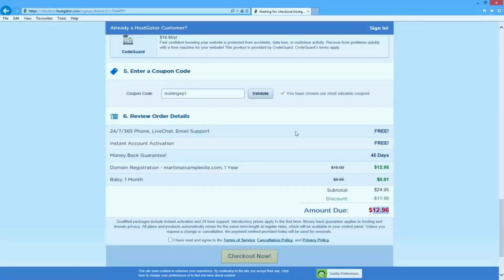I do also just want to draw your attention over here to show that you also get access to their 24/7 phone, live chat and email support, which is great if you run into any problems, and they also come with a 45-day money-back guarantee. So if you decide that running a website isn't for you, you can just contact HostGator and they'll refund